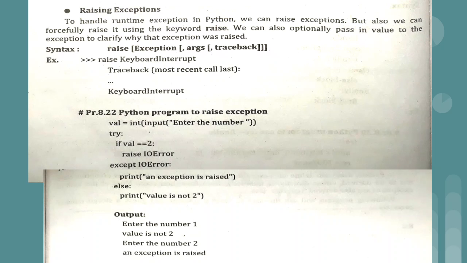So if you want to raise an exception by checking certain condition, then in that situation you can make use of raise keyword, like in this program, because there is no other way to raise the exception whenever we are entering a specific value. So this particular thing you can use for divide by 0 also.